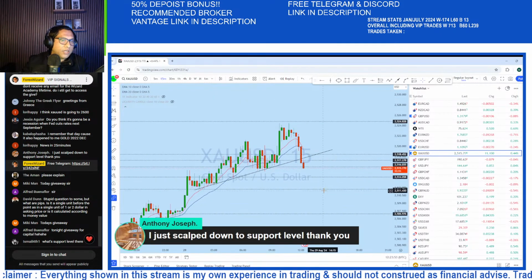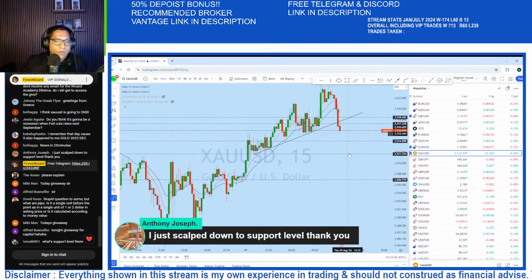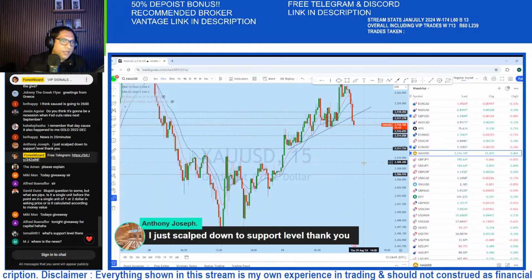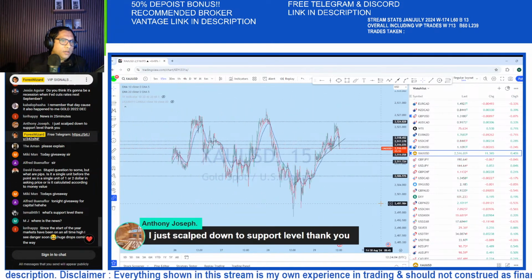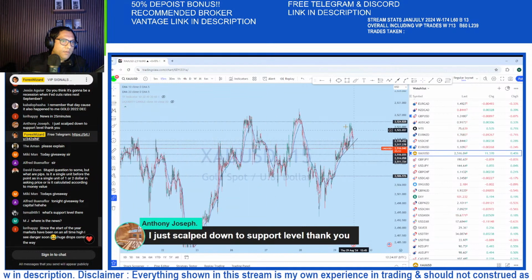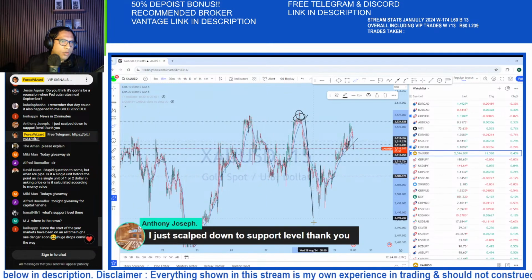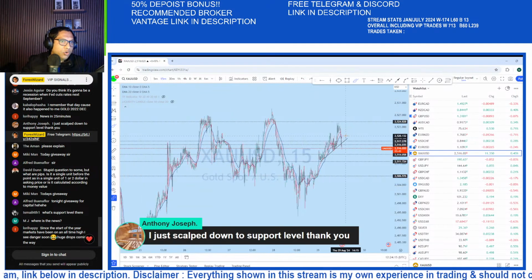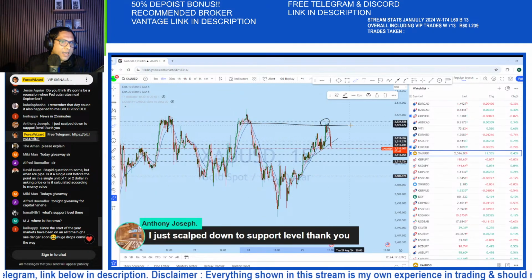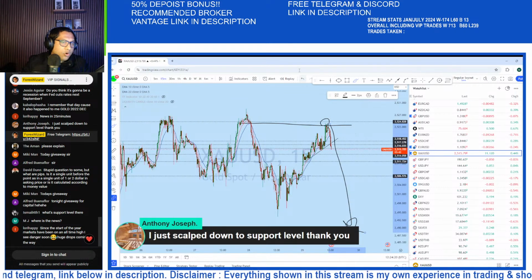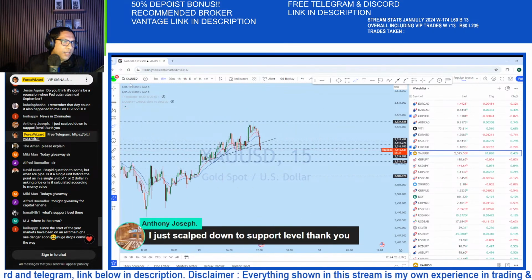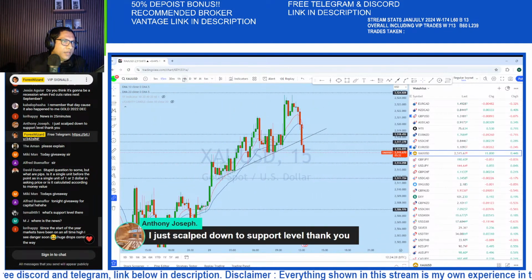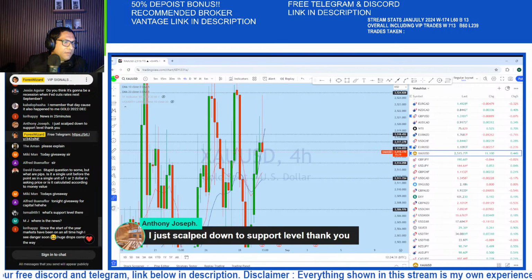Okay, we see that break of structure now on gold. As the news is coming, we need to look at whether it's the start of a downtrend, because a couple of probabilities may happen. You can see there is a head and shoulders here. We have seen that big drop on the 15 minutes on gold, and also there was a big drop here. So we saw the market reached and tested this neckline. Is it now dropping back to the daily support, or is it a move? We will understand it from the news being published.